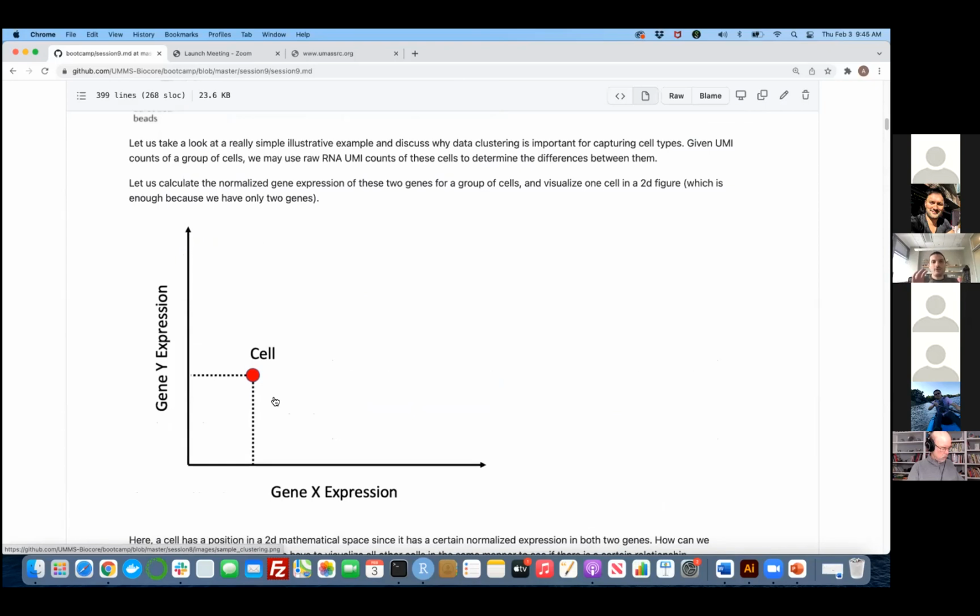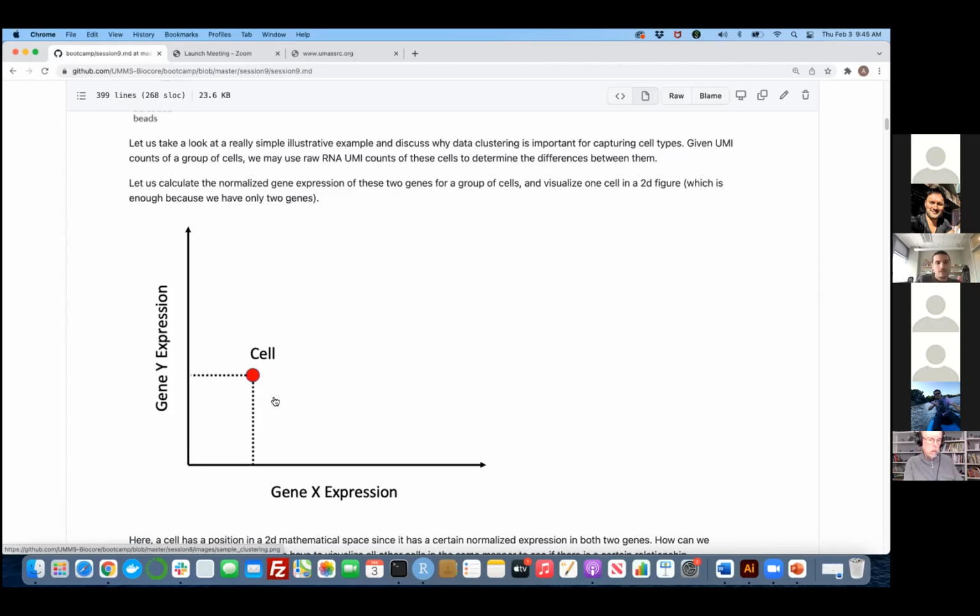So I want you to imagine a really, really simple example, right? I remember that my PhD advisor used to tell me that what computational science is actually doing is representing a real problem in a mathematical way, and you solve the mathematical problem, which you believe entails the solution to the actual problem that you're trying to solve. This applies to bulk RNA-seq as well. What we're trying to do is that we have some number of genes representing some kind of sample, and in this case, it's a cell,